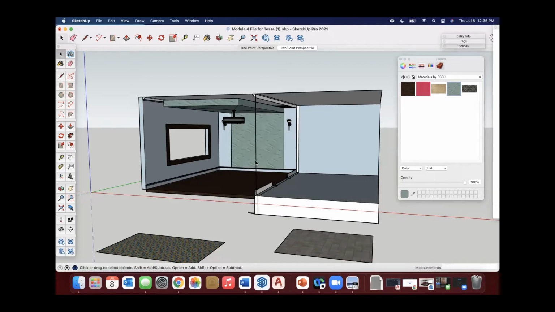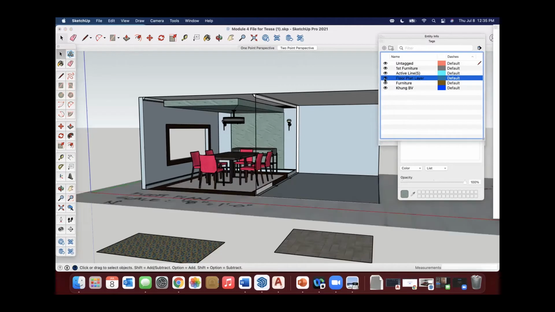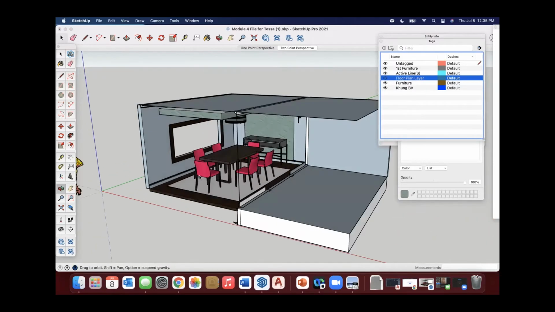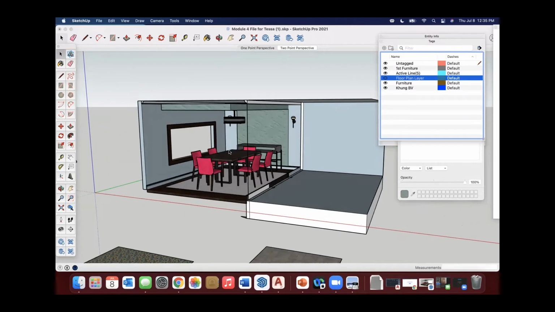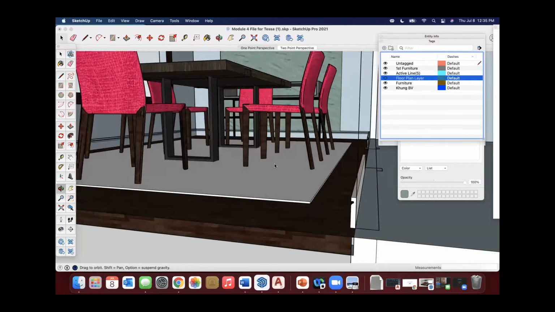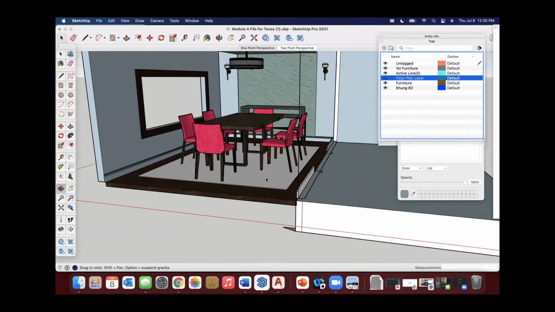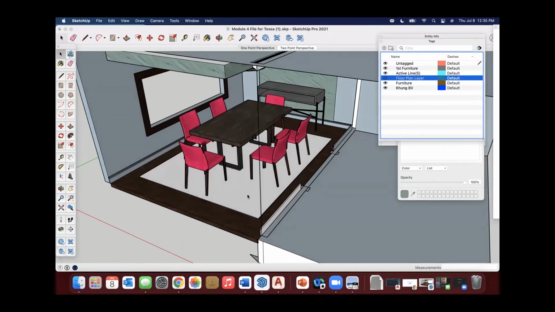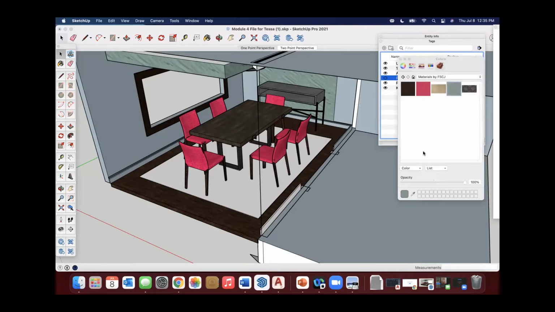So now we're going to keep doing this and applying the materials. If you want to see it as you're going along, you can always turn your tags back on, or I don't need the floor plan, but we're starting to see it come together a little bit. And now we could add material for the area rug. Now I love doing area rugs because it's exciting when you get that area rug in there and you put a really cool pattern on it, and you start to see the materials come to life. This one is just a natural material, like a jute or something like that.